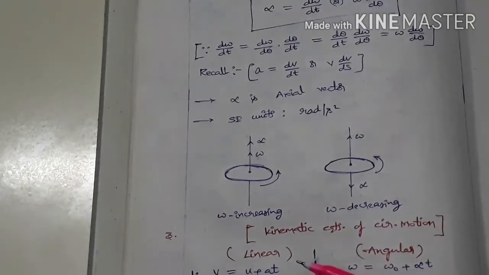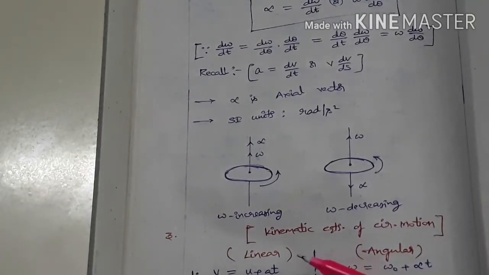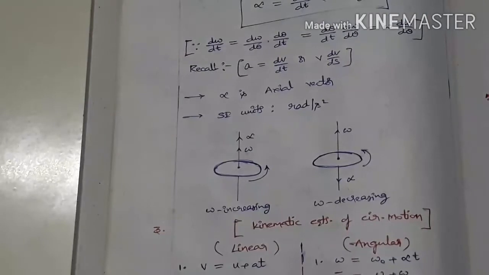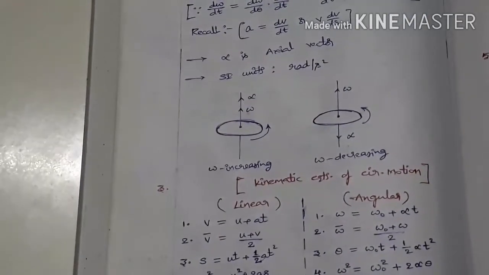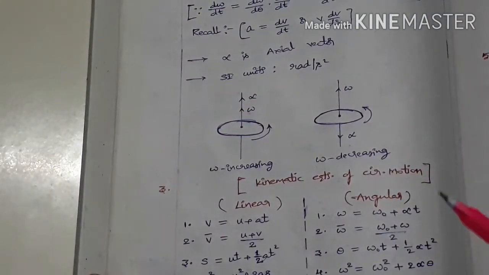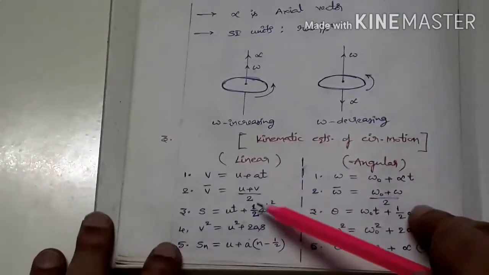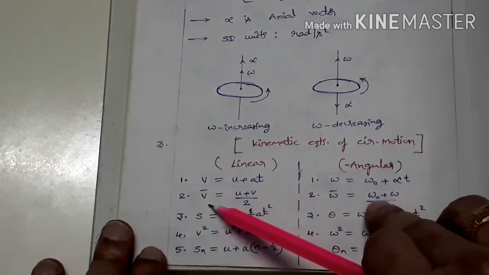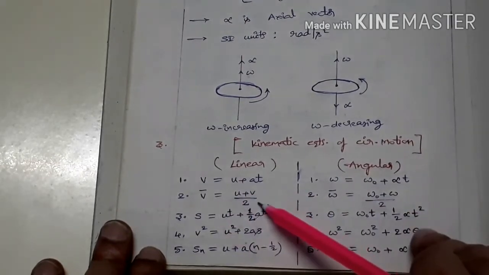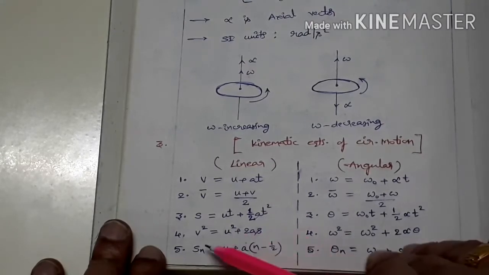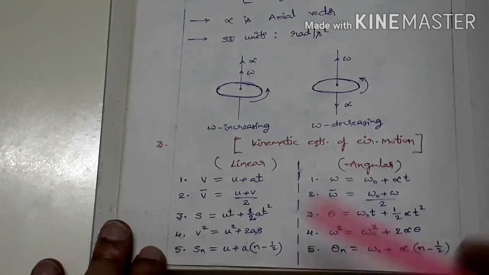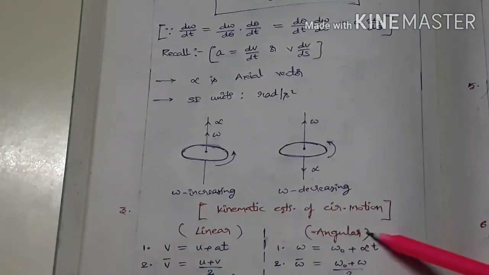If I consider the tangential quantities in circular motion, they are the same as linear motion along a straight line. So we can apply the same knowledge which we learned in motion along a straight line here also. All these equations are applicable here also. So what are those equations? v equal to u plus at, v bar average velocity equal to (u plus v) by 2, s equal to ut plus half at square, v square equal to u square plus 2as, s_n equal to u plus a into (n minus half). Similarly, angular,